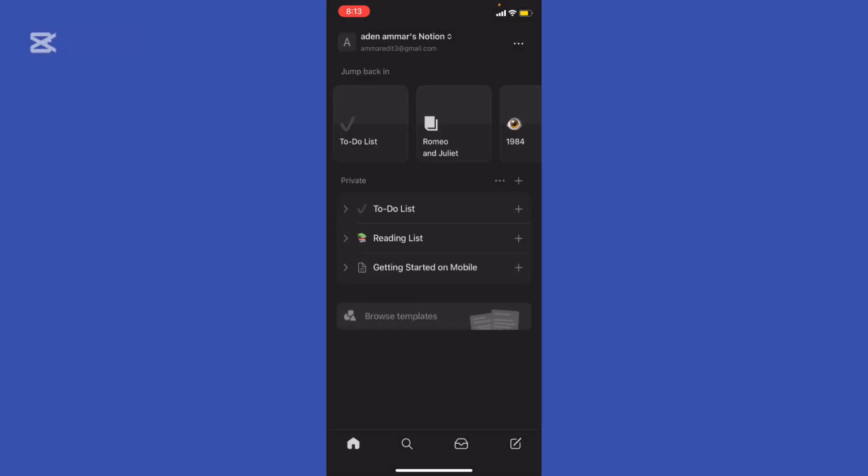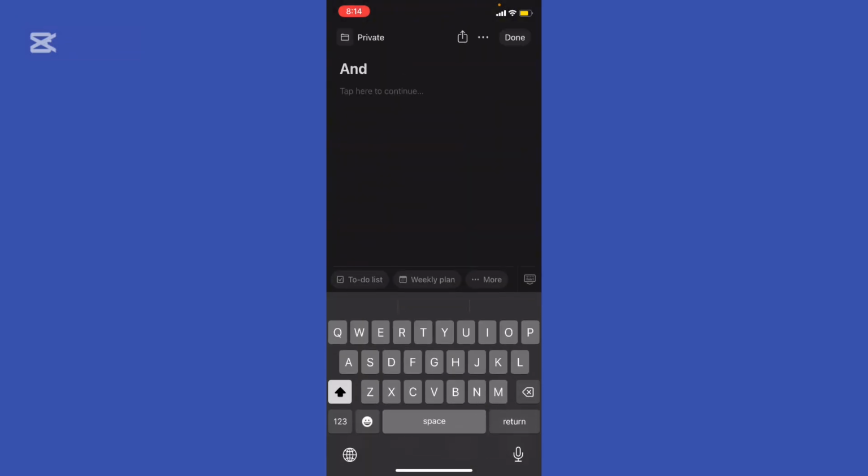So just a few tips if you want to create your own book or to-do list or generate summaries. Be specific when typing prompts right here in the pencil at the bottom right. Be specific when typing prompts. The more details you provide, the better the output. And try different commands like rewrite this to sound more professional or generate pros and cons list. Okay? Always review AI suggestions to ensure they